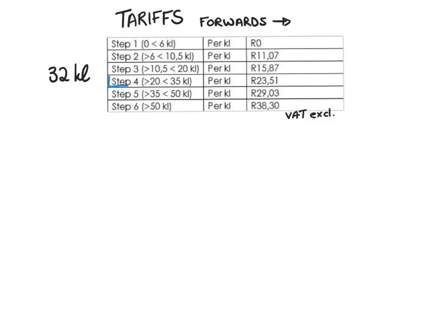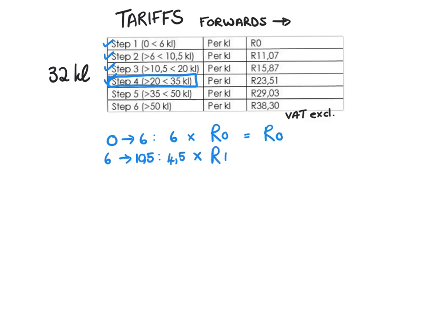So you might be able to see that you are in step 4, but in order to get to step 4, you will have to work through step 1, step 2, step 3, as well as step 4. Step 1 is from 0 to 6 kiloliters. And for the first 6 kiloliters, there is no charge at all. Step 2 gets more expensive when we go from 6 to 10.5. So that means that there's only 4.5 kiloliters in step 2, and the rate for that is 11 Rand and